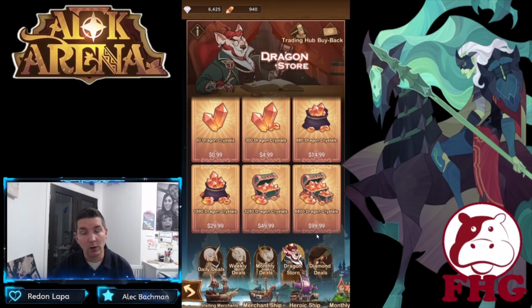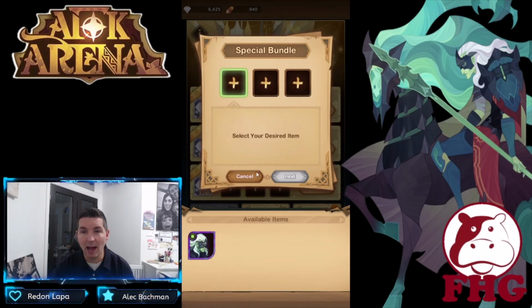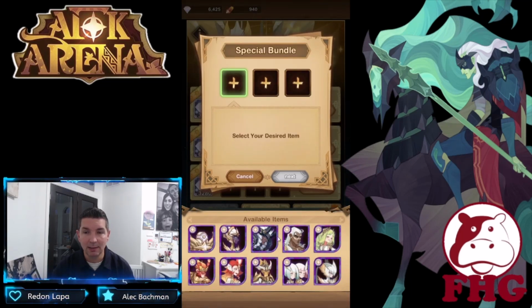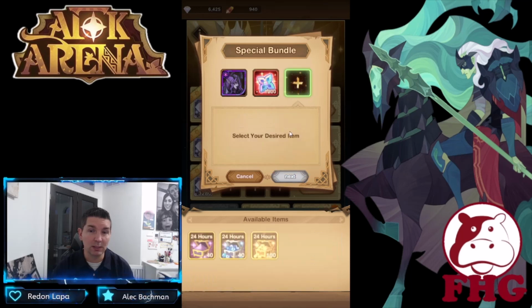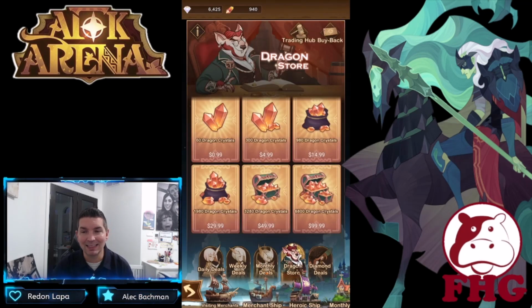So, or not 10,000, 6,800 dragon crystals is $100. You could just hop in the monthly deal and buy whatever hero you wanted for a cheaper price. So we could do the same as picking up, let's say, Lucretia out of here. Plus we get all of these bonuses, 1,000 engraving mats there. We get a ton of loot here for essentially a cheaper price, because even at the 6,800 you're getting out